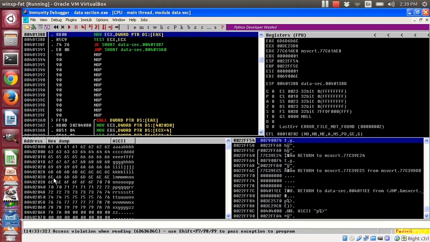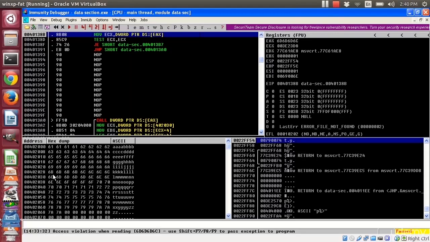Here, 6D is the ASCII code for the letter M. It also looks like I made a slight mistake and put one too many L's in here. My suspicion is that we are looking at 402030. So this is just how far I have to go. So starting here, at hex 30, which corresponds to the 48th byte, I'm going to overrun that function pointer by